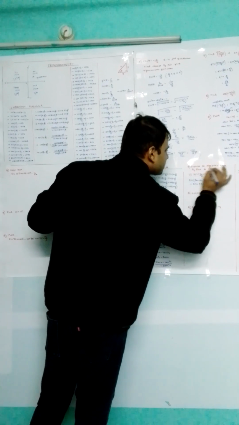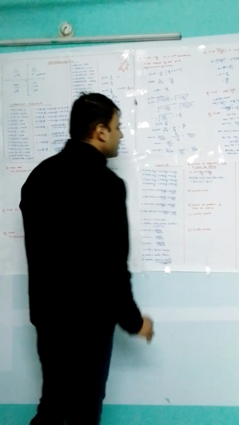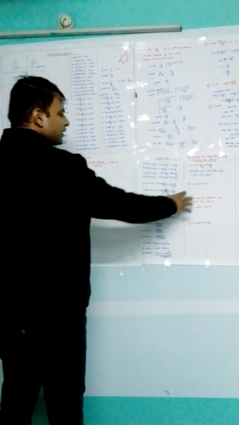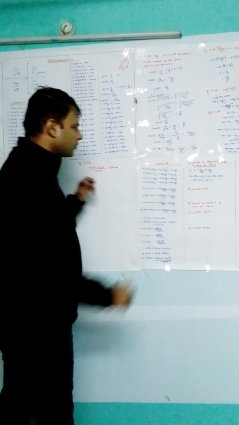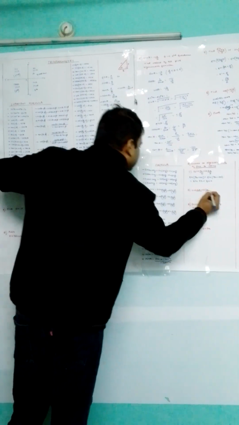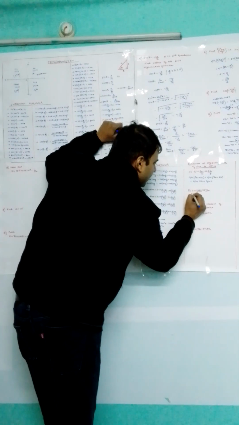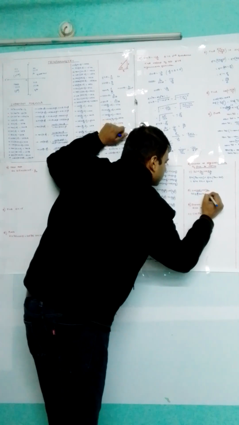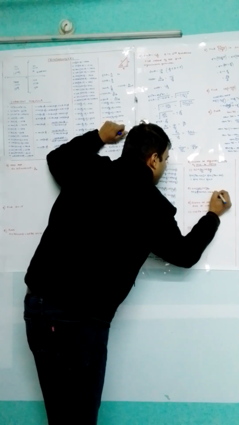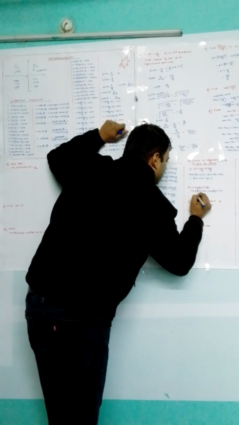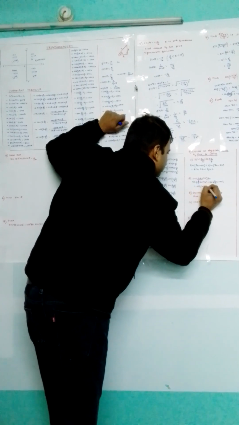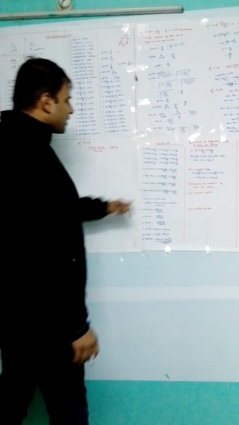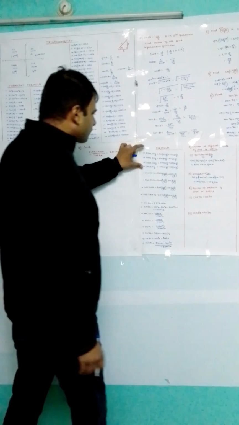Now the question is to express as an algebraic sum of sine or cosine. So it is the algebraic sum sin 5x plus sin x. Coming to the next question, 2 cos 5x cos x. If we take this as x and this as y, we can write it as cos 6x plus cos 4x, that is cos(5x plus x) plus cos(5x minus x), cos 6x plus cos 4x. Okay. Now this was the utilization of these formulas.